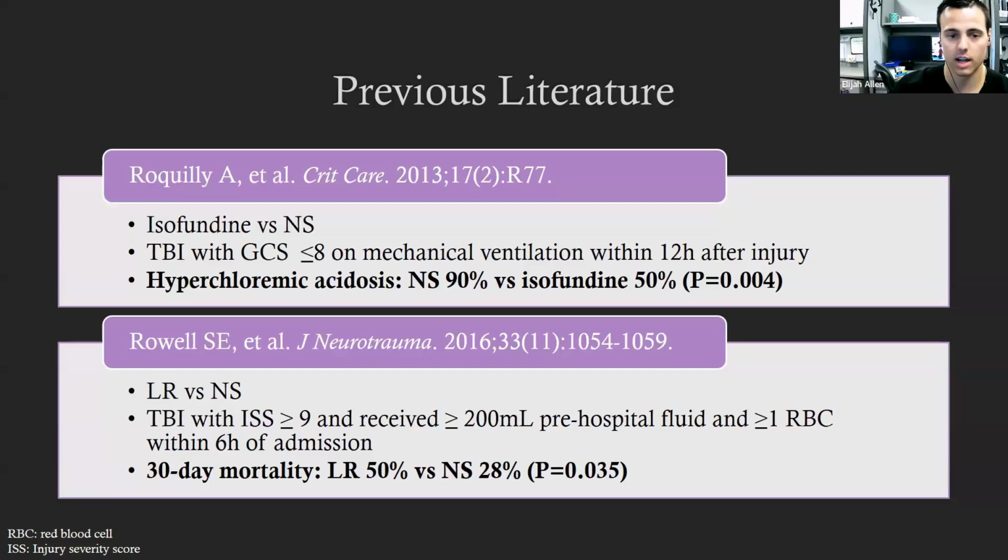And it looked overall at mostly lab parameters, and it found that patients who were on normal saline had a significantly higher hyperchloremic acidosis than patients who had isofundin. You can probably note that both of those values are pretty high in both groups, and that's probably due to the way that they defined their hyperchloremic acidosis, which was defined as a strong ion deficiency and a chloride of over 108. So not a very specific way in which they define their hyperchloremic acidosis, so a lot of patients were probably triggered. But in the study, they also found that there was no difference in intracranial pressure, intracranial hemorrhage,